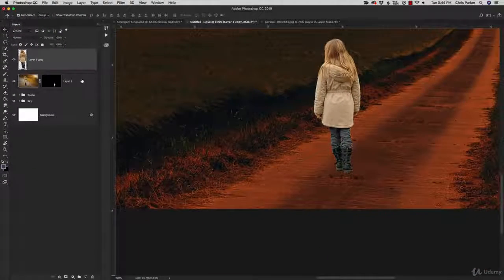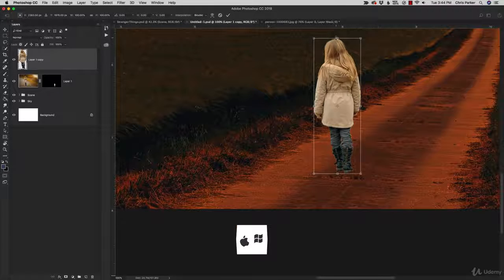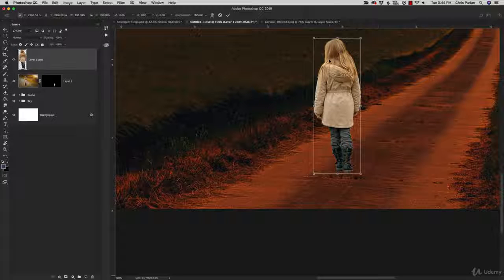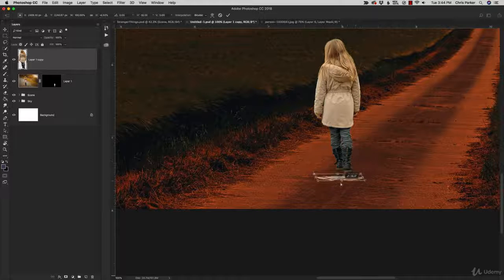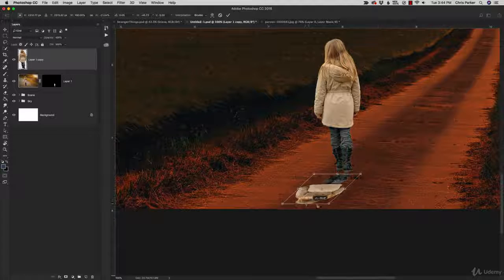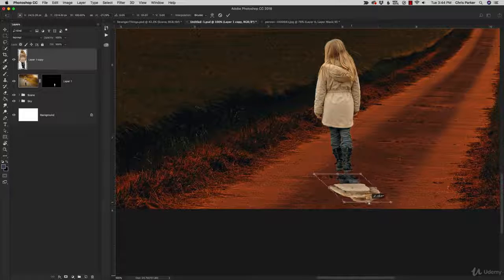All right, so let's go ahead and move our shadow into place with Command or Control and the letter T to get the free transform tool, and then we can start manipulating this layer in order to position it where we need it to create the shadow. But here's the cool thing. If we hold down our Command or Control key, we get that keyboard shortcut where we get that one arrow like we did in the beginning of this project. And then if we click on this center option here, we can resize and reposition this layer to create that shadow, and we can create the angle to match the lighting source within the scene,